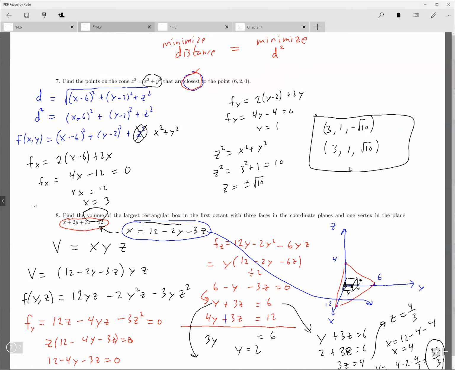Okay, and that was it. Oh, that's the last page. I know my page is